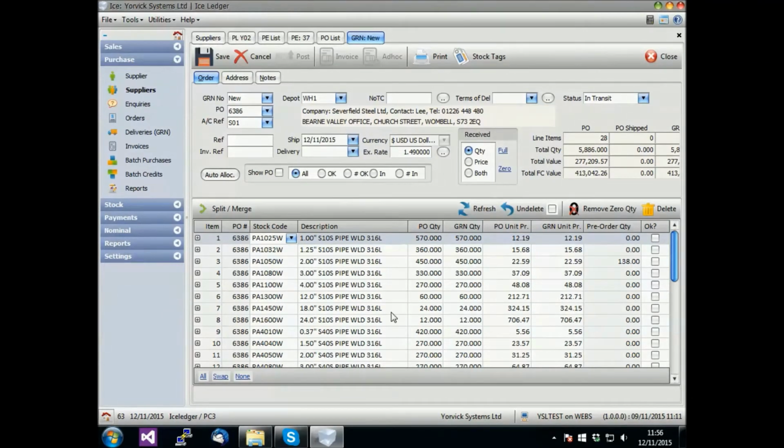With the goods received note on the system, it is a simple case of checking that the item received quantities and billed prices are correct. Once everything has been verified, a click of a button is all that is required to book all items into stock.